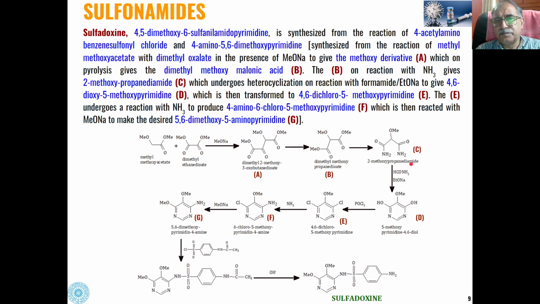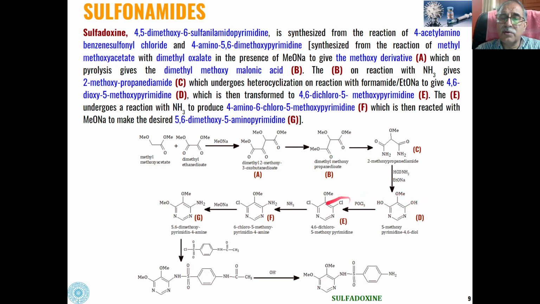And this 2-methoxypropanediamide undergoes heterocyclization on reaction with formamide in the presence of sodium methoxide to give us this 4,6-dihydroxy-5-methoxypyrimidine derivative. And this 5-methoxypyrimidine-4,6-diol on reaction with phosphorus oxychloride,